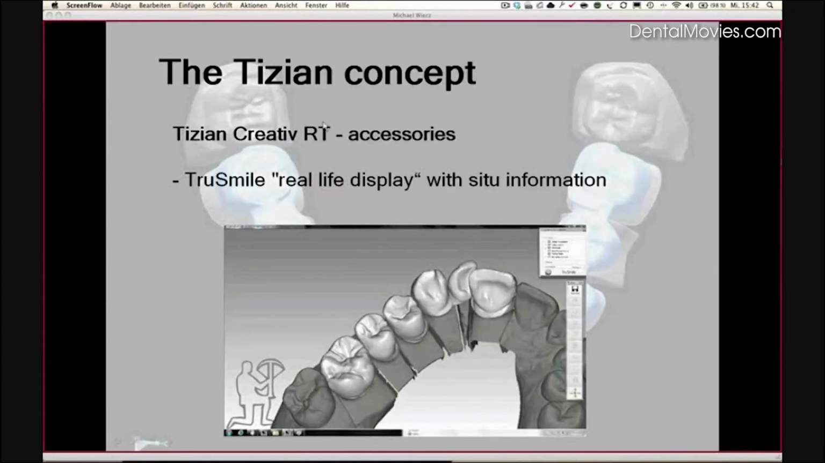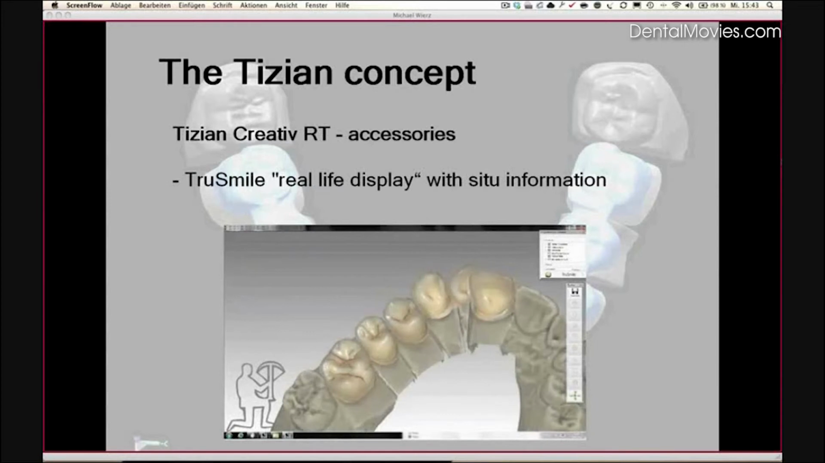For the laboratories who prefer to work with the aesthetic concept of ceramic veneering, it is very helpful to invest in the TrueSmile accessory part. TrueSmile enables you to see your construction in lifelike colors. Normally you have your construction in a gray shade like this, but with TrueSmile you can switch it on and over to a natural looking like teeth,